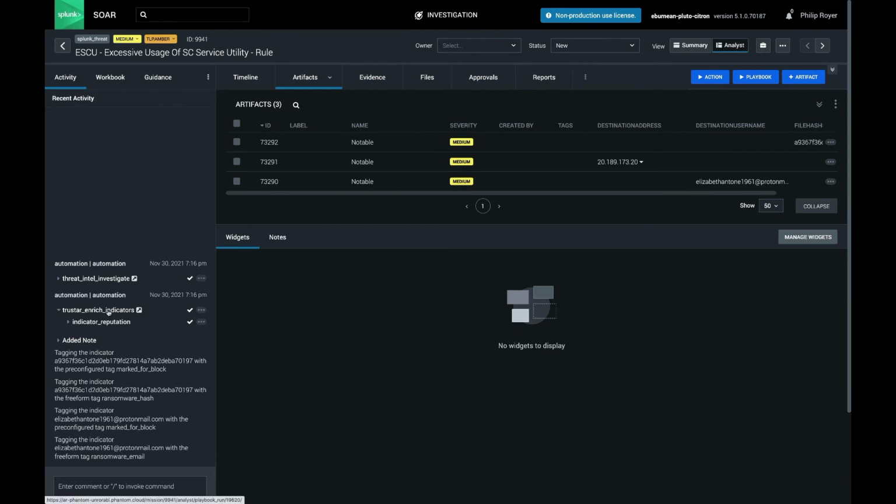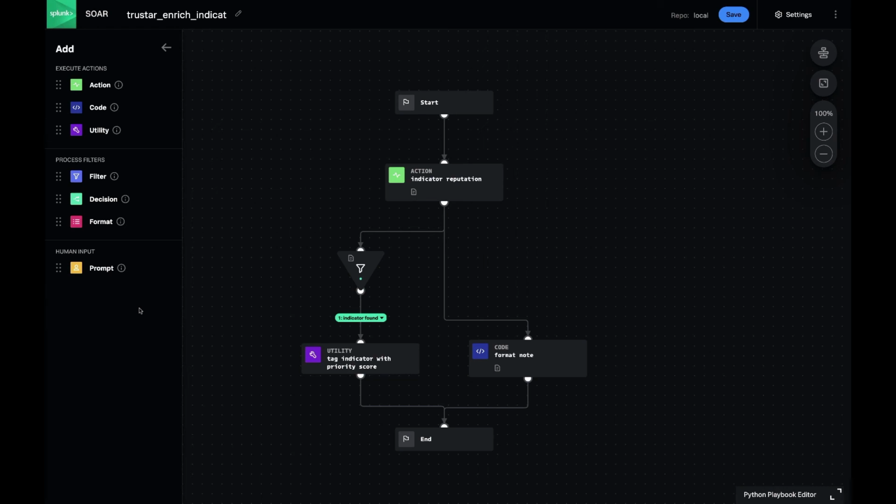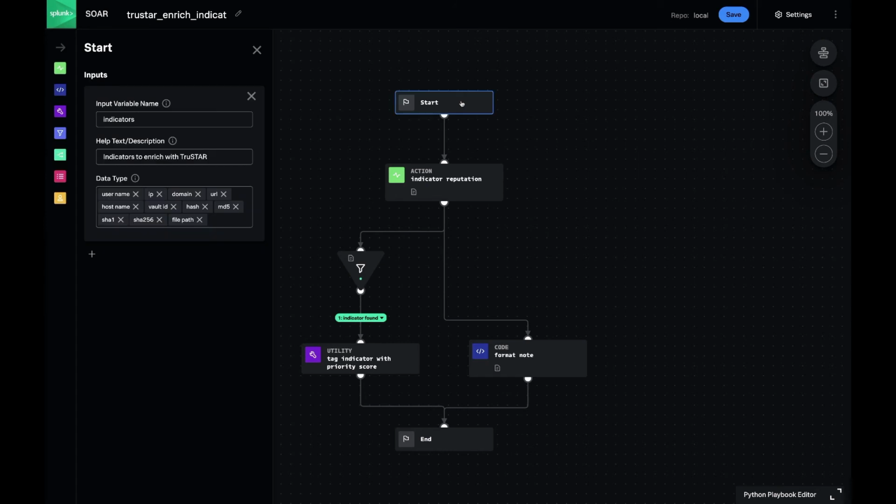So the second playbook is the child playbook that's called by that launch playbooks block. So let's open that one up here. This playbook is called TruSTAR Enrich Indicators. And the way it works is it takes as input